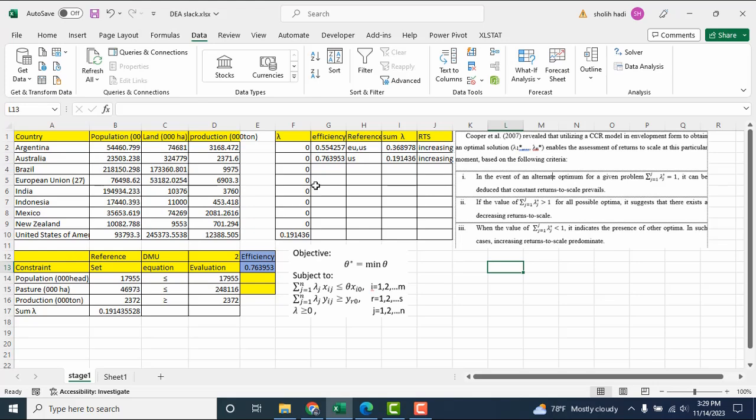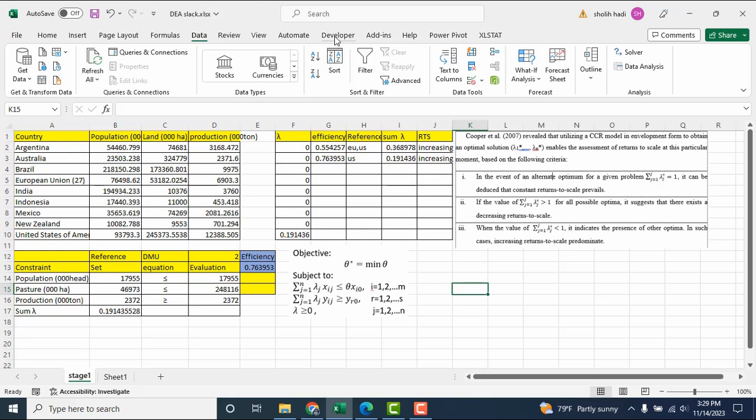This is only 9, so we can do one by one. But how about if we have maybe 100 DMU, maybe 200 DMU? So we need a lot of time to analyze one by one. Okay, I will tell you how to analyze if we have more DMU.